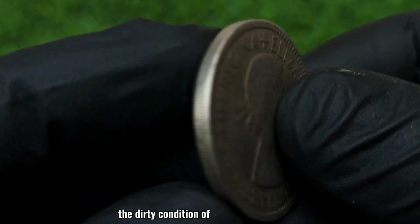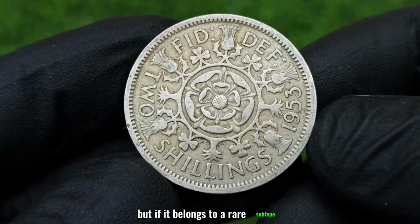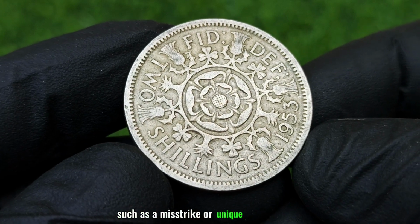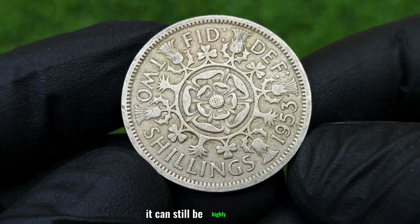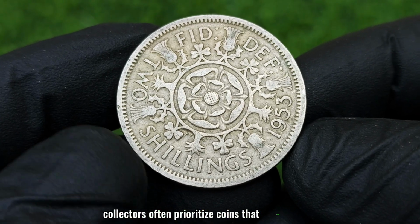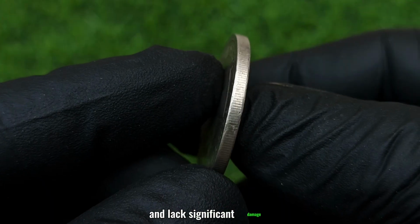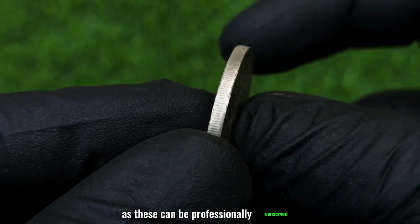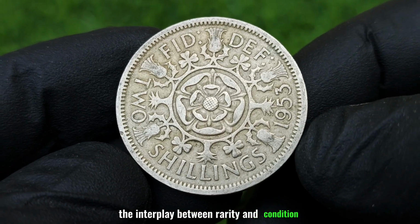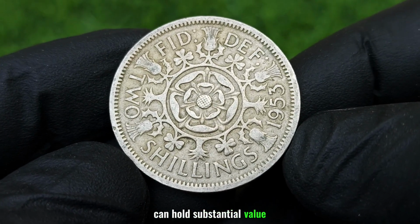The dirty condition of a coin might initially seem like a detriment, but if it belongs to a rare subtype or exhibits unusual features, such as a misstrike or unique die variation, it can still be highly desirable. Collectors often prioritize coins that, despite wear, retain clear design elements and lack significant damage, as these can be professionally conserved to enhance their appeal. The interplay between rarity and condition means that even well-worn examples can hold substantial value if they fill a gap